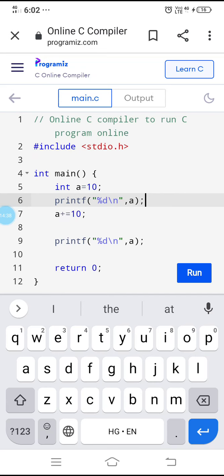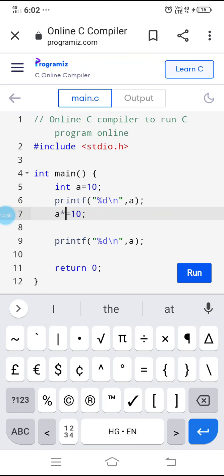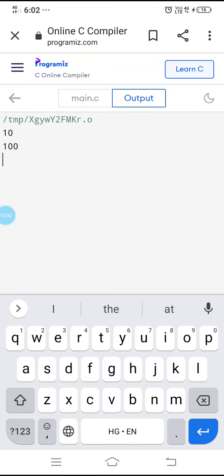So similarly we can use a minus equal to 10, a star equal to 10, like that. For example, here I am using something like a star equal to 10. That means 10 into 10. a is multiplied by 10. So already a is 10, 10 into 10 is 100. The new value of a is going to be 100. So 10 and 100.